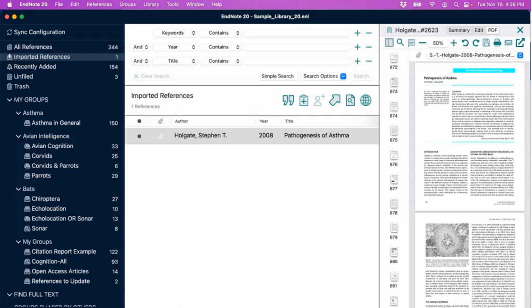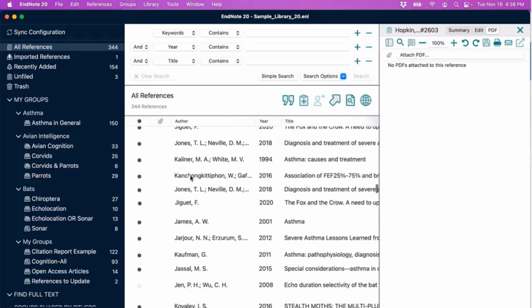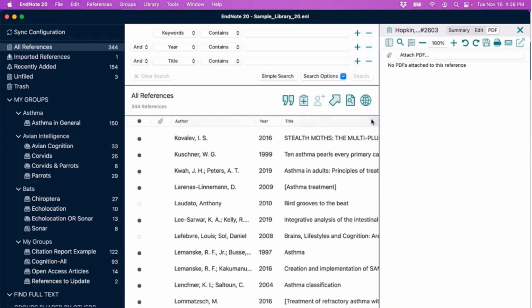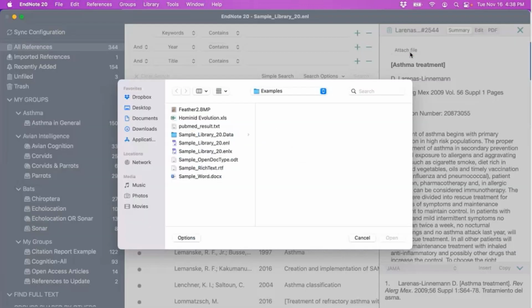We've already seen in this sample library some example articles, but just to show you here, if you ever need to manually attach a file yourself, we could just select a reference in the EndNote library by highlighting it here. A couple of options, a couple of commands to do so, but the easiest method of adding a file attachment would be from the Summary tab. You can click Attach File. We are shown a browse window where we just need to navigate to whatever file it is that we want to attach.